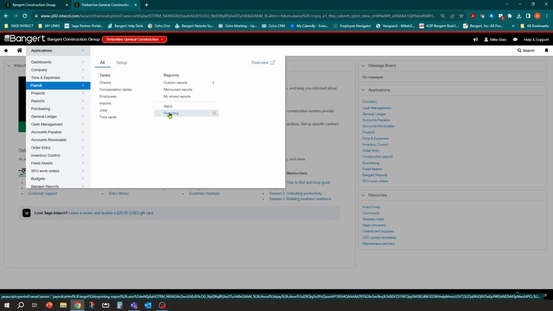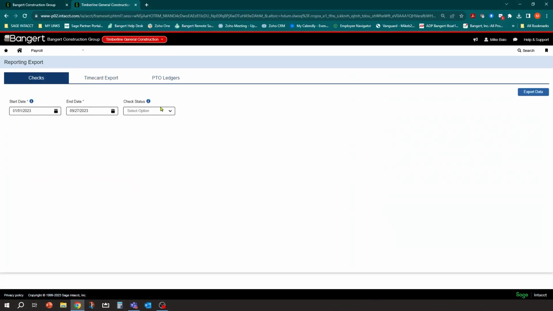So, when in doubt, you can always go into payroll here and you can go into reporting. And once you go into reporting, you have a couple options. You can run your reporting for all your check detail and you can date range it. One thing to keep in mind is this start date here refers to check date.